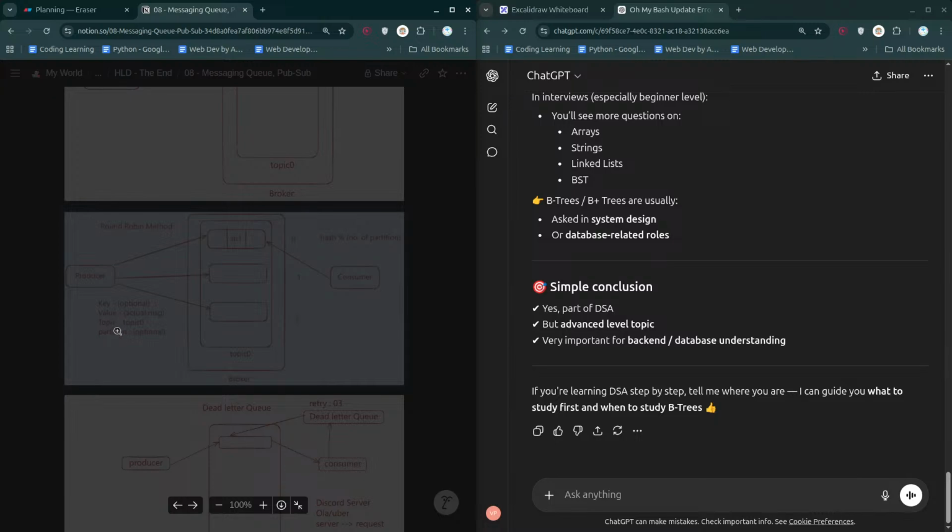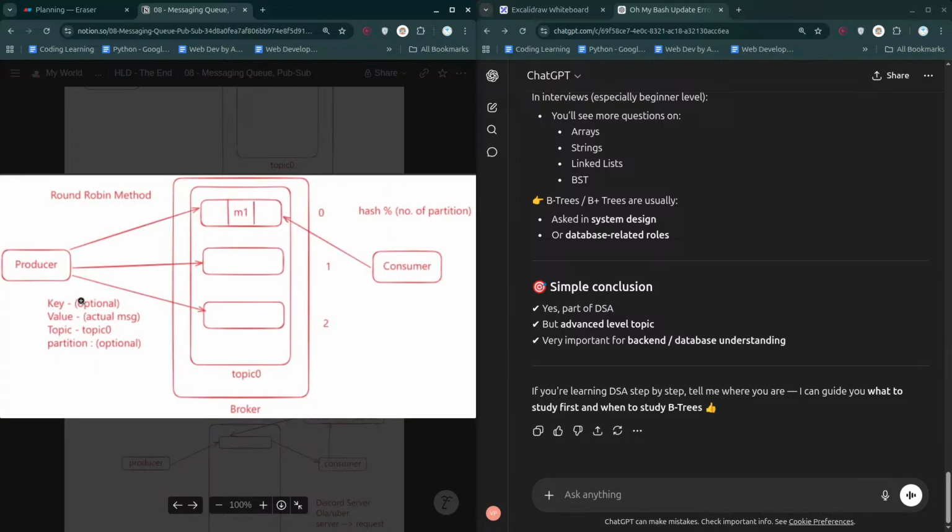So first of all, you will have to mention the key, that is optional, that is just for your data and your request. Value, of course, that is needed. You will have to mention the topic, in the sense in which topic this request needs to be pushed. And another thing is what should be the partition in that. Again, the partition can be optional here. If the partition is optional, the round robin method will be used. That simply means first the request will be pushed in this one, then this one, then this one. It will just keep following the round robin algorithm, and it will get the job done.